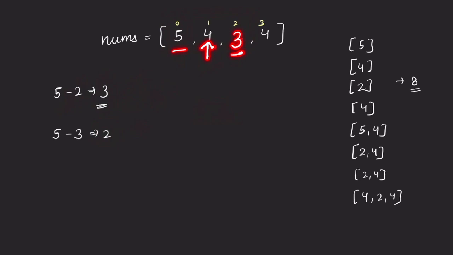Because the difference between these two is already less than or equal to 2. So if we consider the elements in between the max and the minimum element, their difference with them will also be less than or equal to 2. Right? So whenever we are considering a particular subarray, instead of checking all the pairs, we can compare the difference of the maximum element and the minimum element. If that difference is coming out to be less than or equal to 2, then